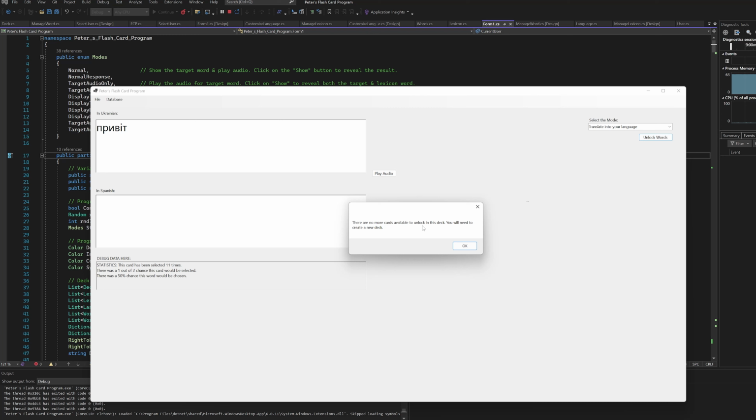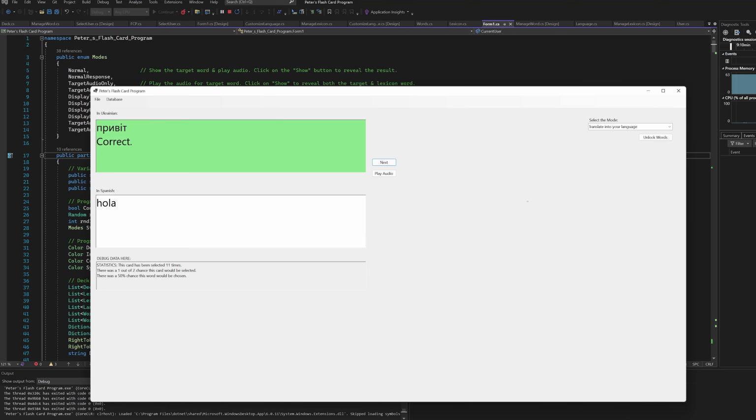So right now it's set up where even if you create a new deck, you wouldn't add it to the current deck. I haven't added that functionality. You would just create a new deck the same way that we started off with this one. So in this case, now we're at here. So in Spanish, I answer this with hola. Viernes. Now this card has a 101 chance out of